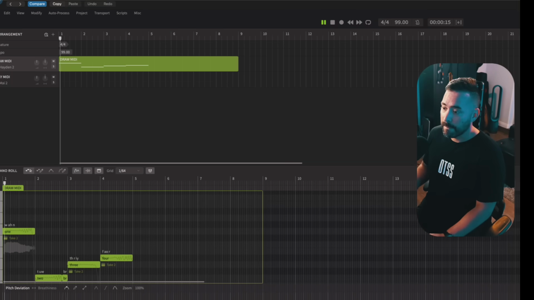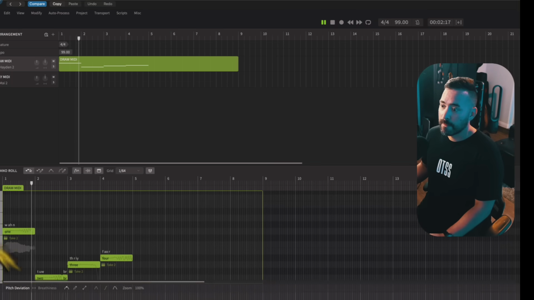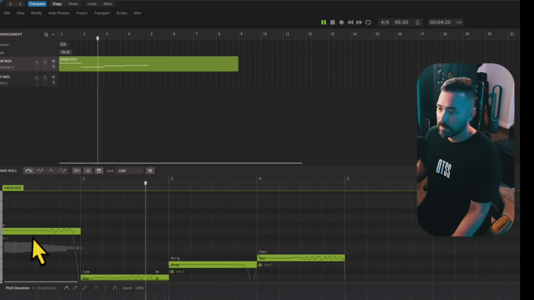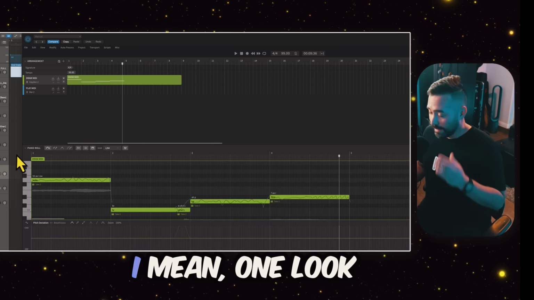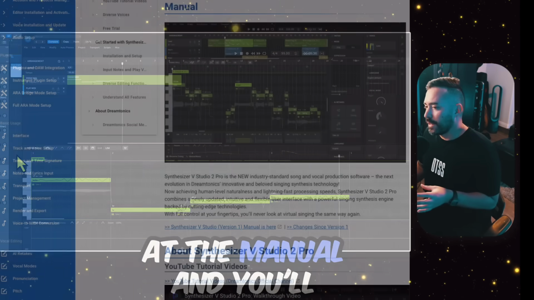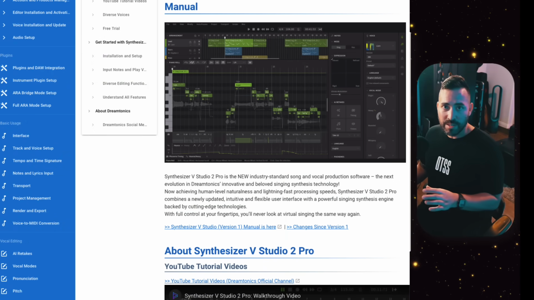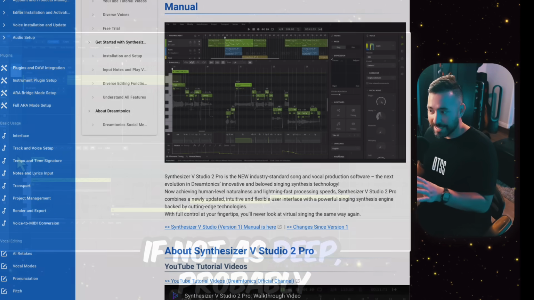Let's go from the top. 1, 2, 3, 4. Yeah, I mean, one look at the manual and you'll understand that this is, if not as deep, probably